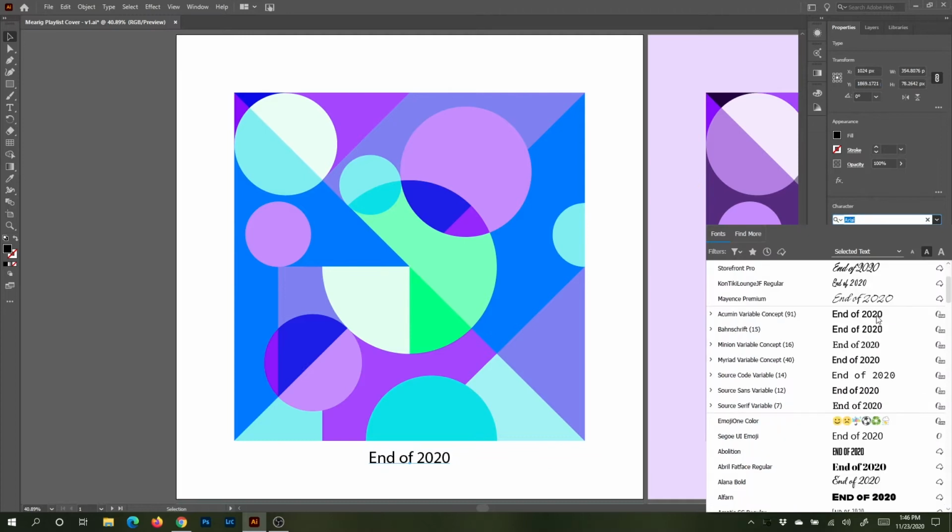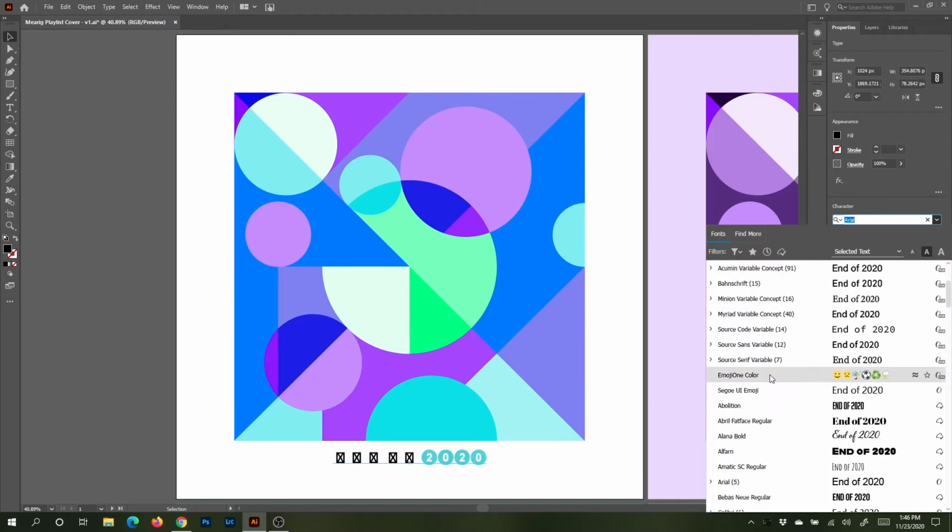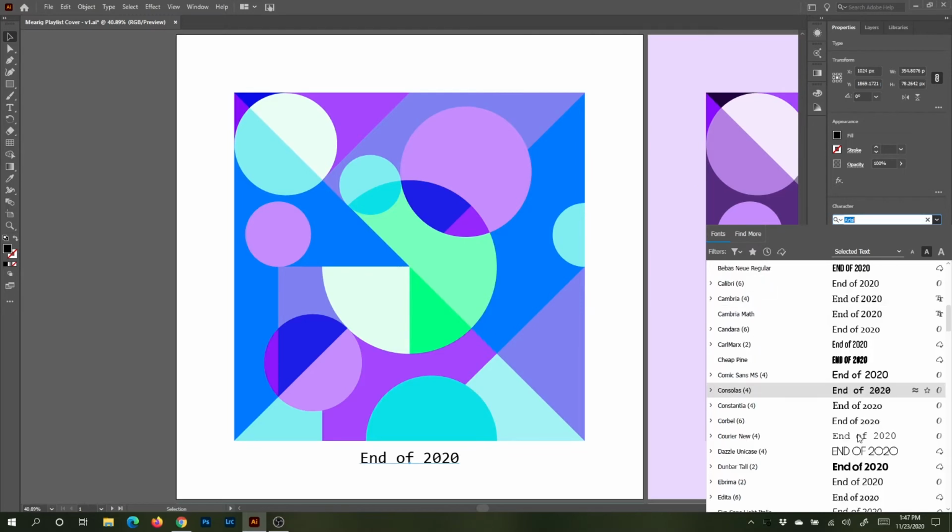So I'd encourage you to come in through here and look at various different options. Think about the style of the graphic that you created and what goes with it. To me, even though there might be a lot of situations where I would like a script text or a script font, I just don't feel like it fits very well with the geometric style of the graphic that I created here. So I might mostly be looking for